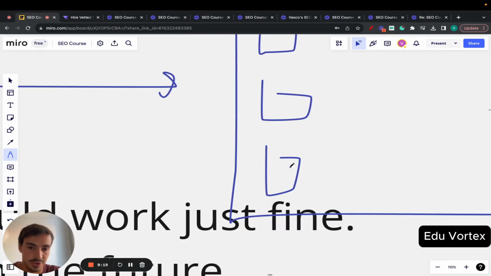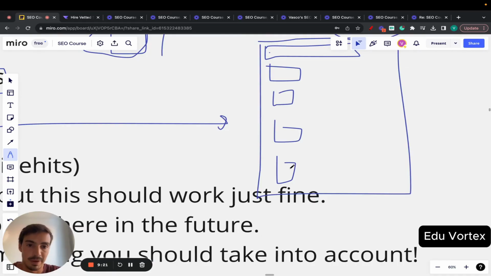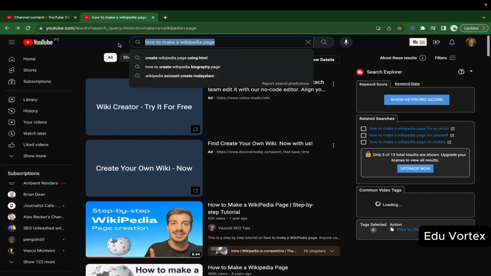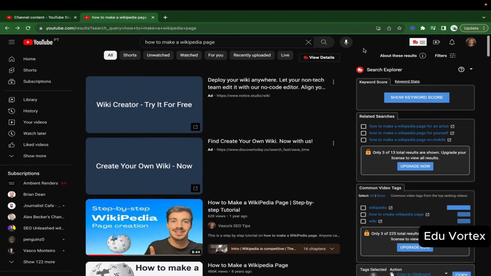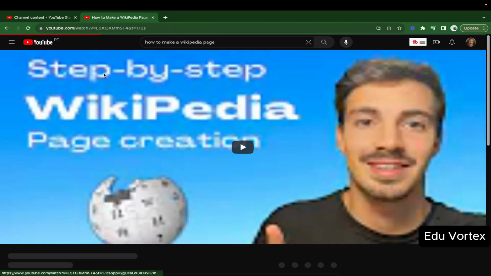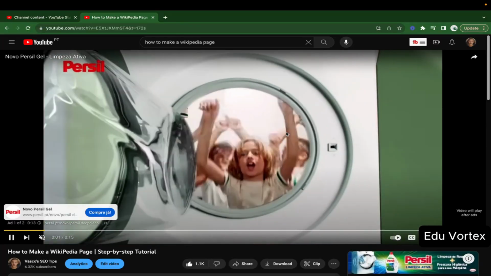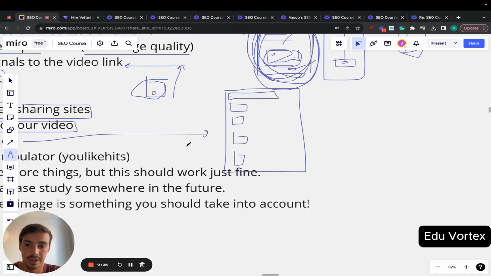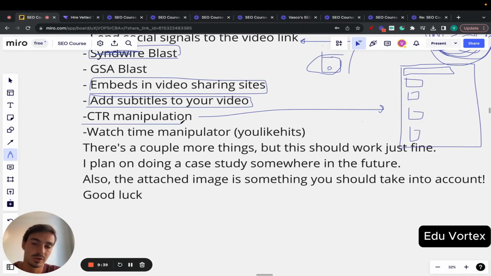And then clicking on yours and doing this repetitively. So again, if I go here and type how to make a Wikipedia page, where people type in this keyword or variations of it, they would scroll down, find my video, click it, watch a few minutes of it, and then click out, right? That's click-through rate manipulation. This works on Google as well, but on YouTube it's much more powerful because YouTube isn't as constrained and as competitive as the Google search engine is, so it's easier to manipulate, right?